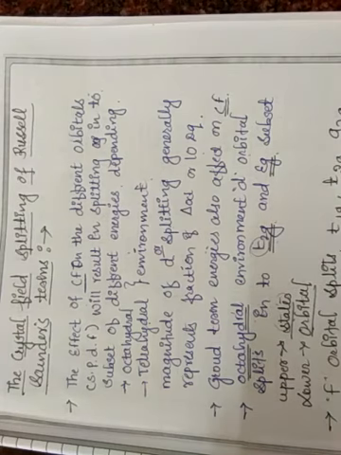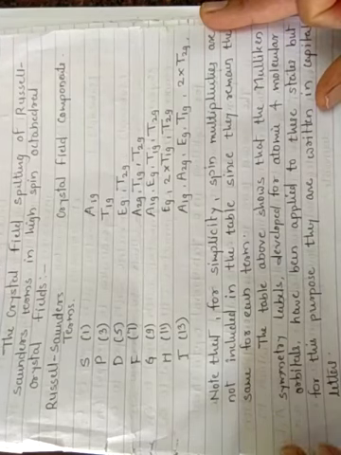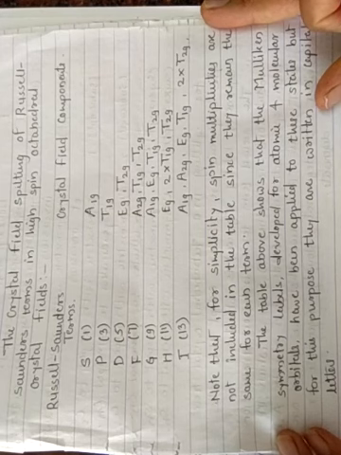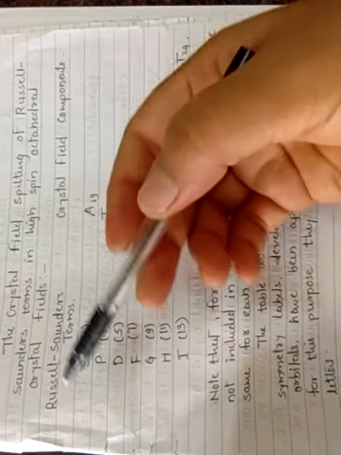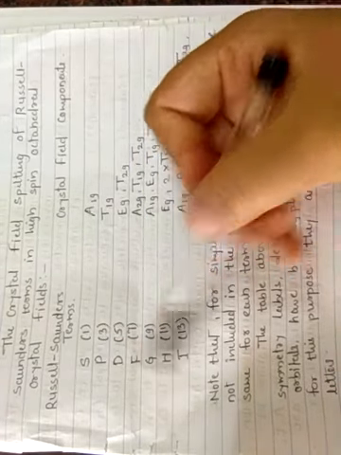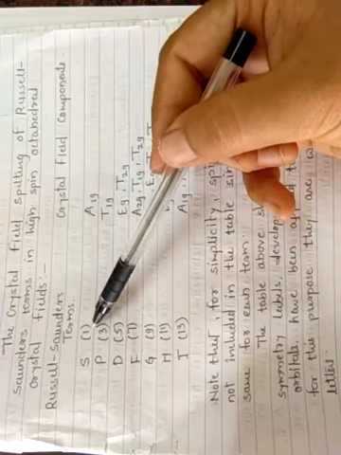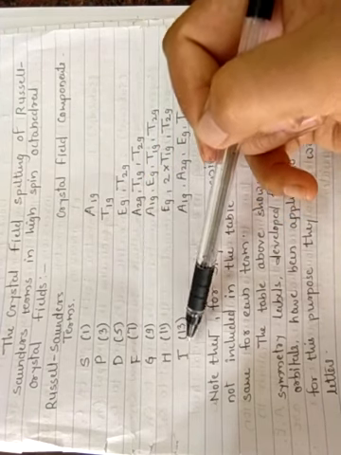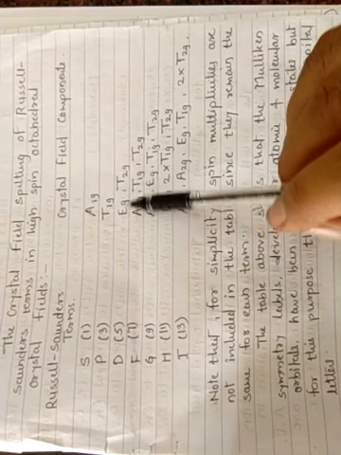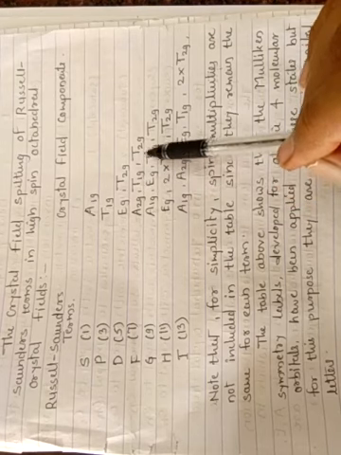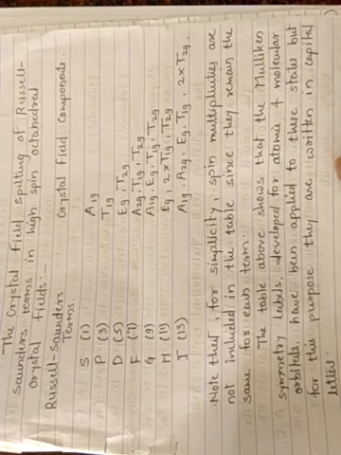Next, Russell-Saunders terms and their crystal field components. Just see here: crystal field splitting of Russell-Saunders terms in a high spin octahedral crystal field. The Russell-Saunders terms are S, P, D, F, G, H, I, and these are the ground terms with multiplicities 1, 3, 5, 7. Simply take odd numbers: 1, 3, 5, 7, 9, 11, 13. Next, the crystal field components: A1g, T1g, Eg, T2g, A2g, T1g, T2g. It is very easy to keep in your mind.